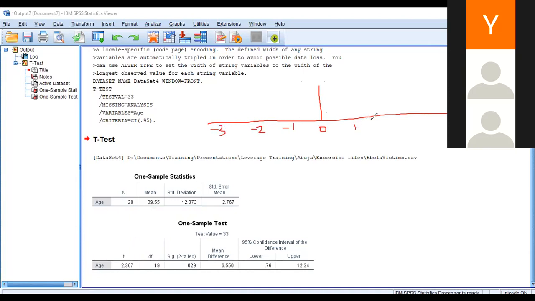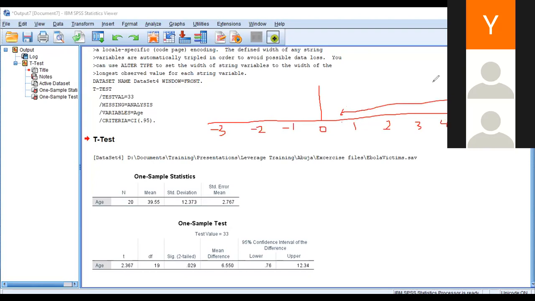So that's significant. Okay, it's not significant. Now, it's from 0.76, right? So that's between 0 and 1. It's not between 0 and 1. Yeah, it's between 0 and 1 to 12 point something, even above. So you say it crosses zero. How did it cross zero now? Okay, it didn't cross zero.